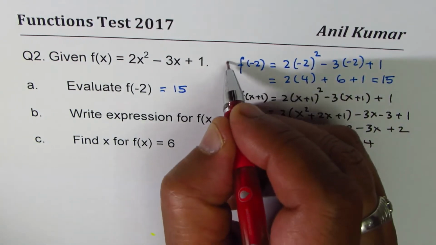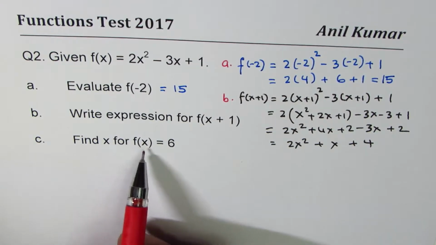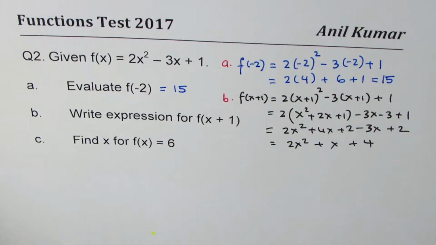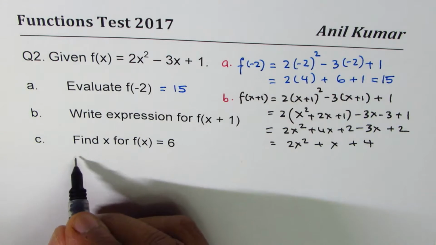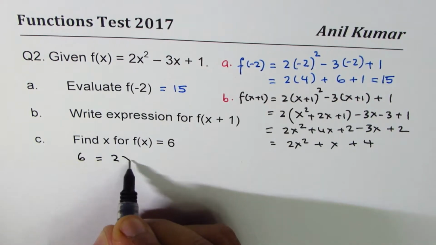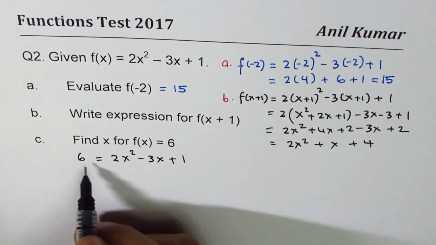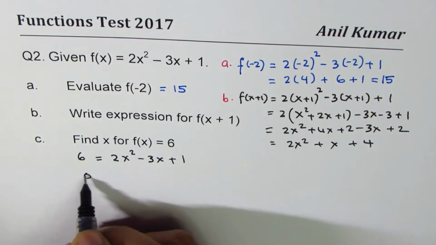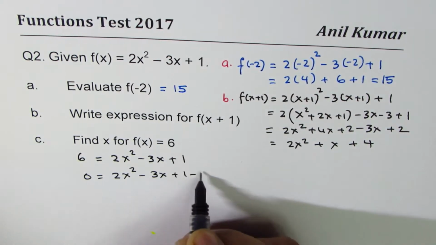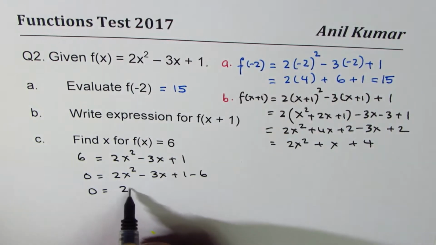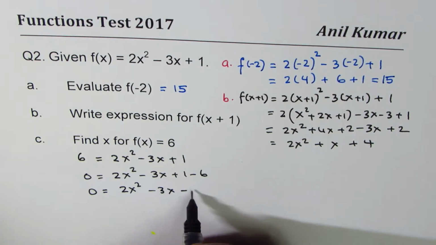Now let me write down. So this is part A, this is B, solution. And let's do C now, which is find x for f of x equals 6. So basically, what we have to do is f of x is 6. So we can replace f of x with 6 equals 2x squared minus 3x plus 1. We need to find x. Take the 6 on the other side. So 0 equals 2x squared minus 3x plus 1 minus 6, which is 2x squared minus 3x minus 5,